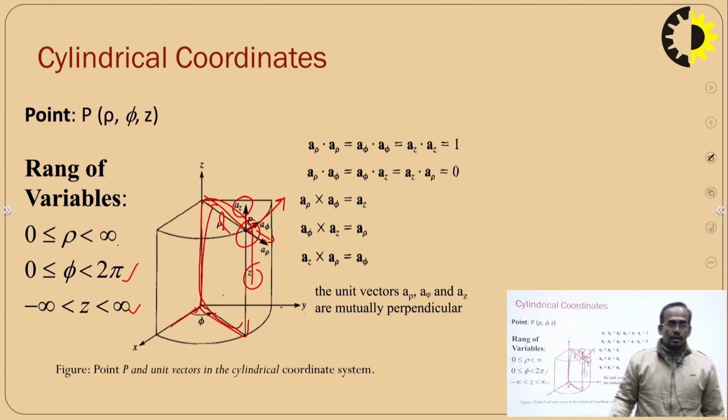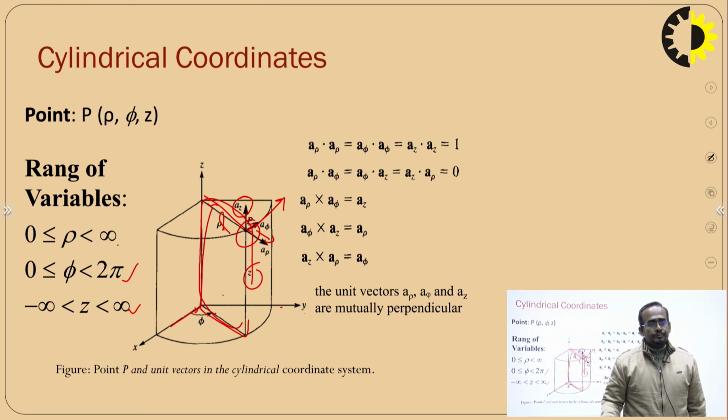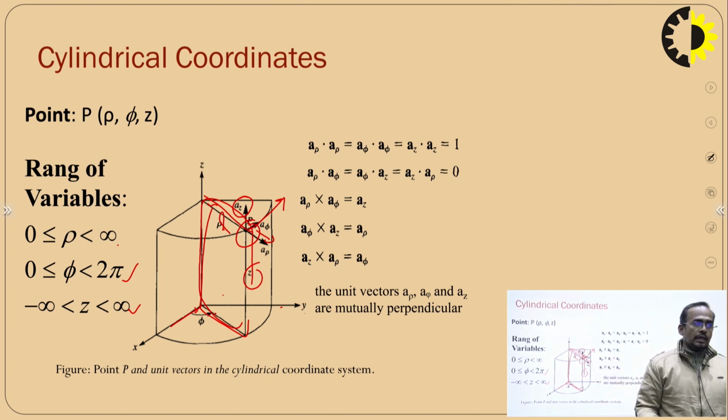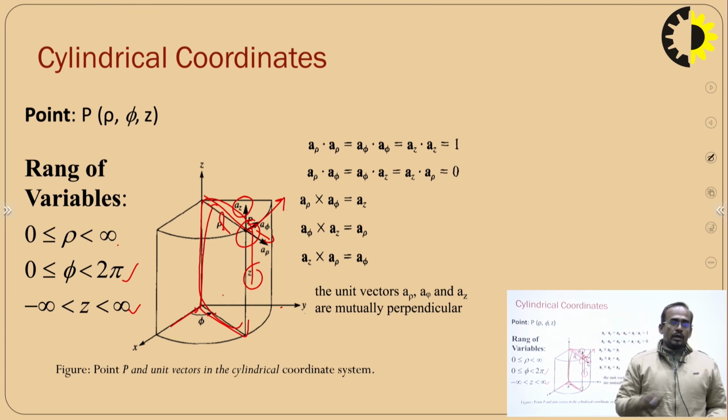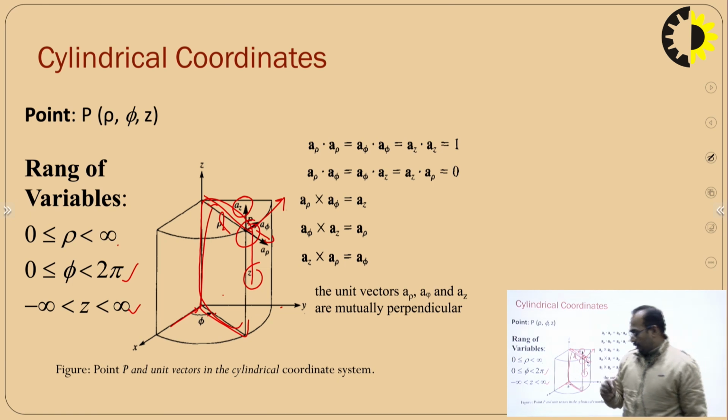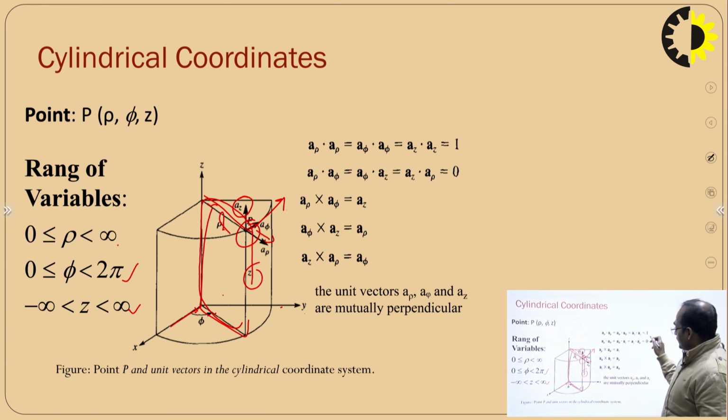This is the method you can represent the unit vectors of any coordinate system. You have to consider only the increment of that variable in a particular direction. Now, you can see here the dot product and cross product of unit vectors. So the dot product of the same variable in the same direction will give the unit,